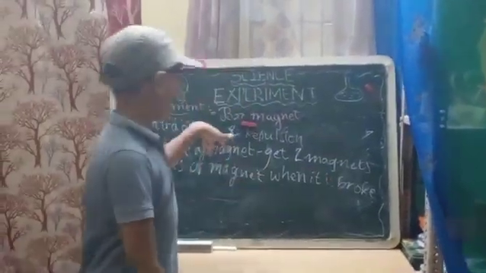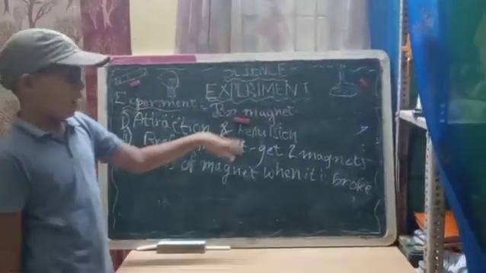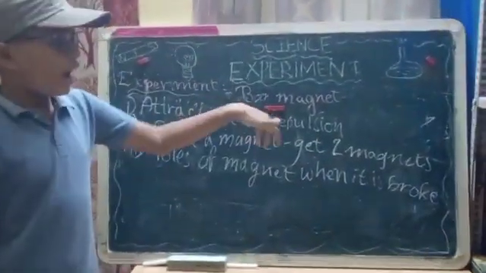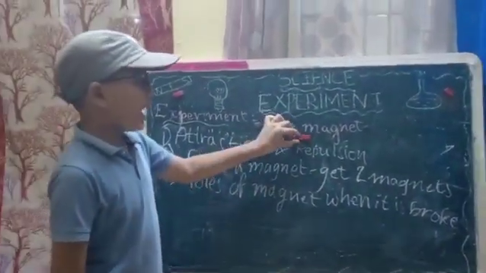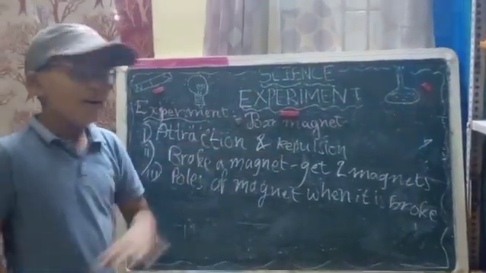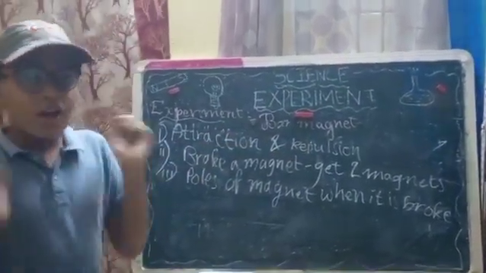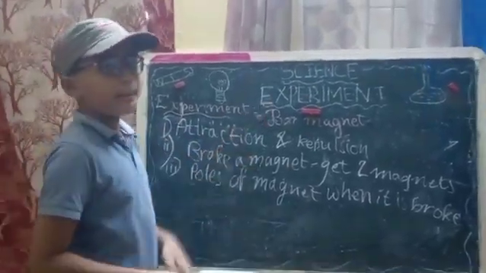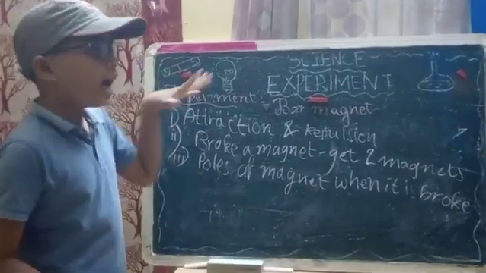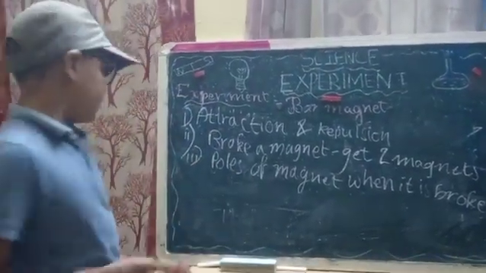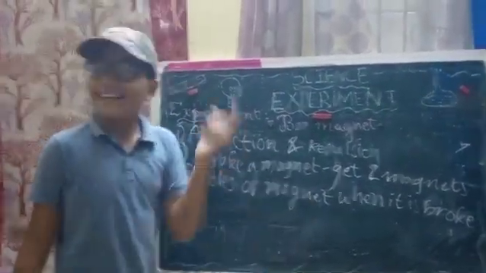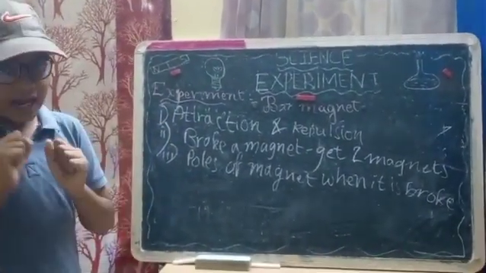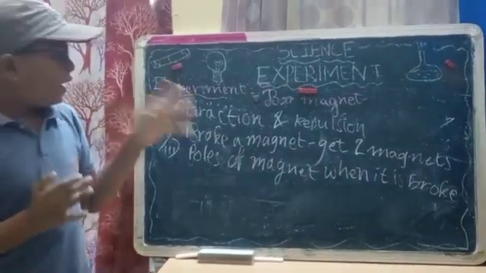So now let's go to the experiment of the bar magnet. The first experiment is attraction and repulsion. The aim of this experiment is to know briefly how it will attract and how it will repulse. Next, break a magnet to get two magnets. When we break a magnet by our hand or by chalk, it gets two